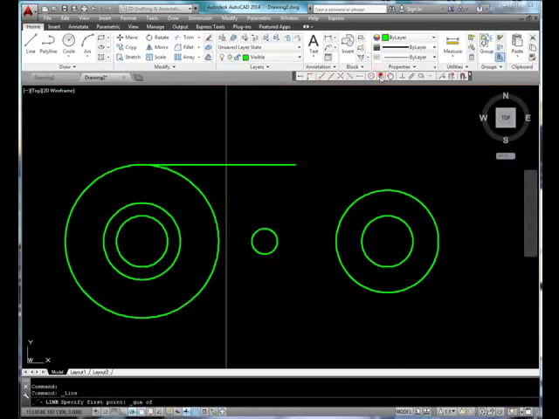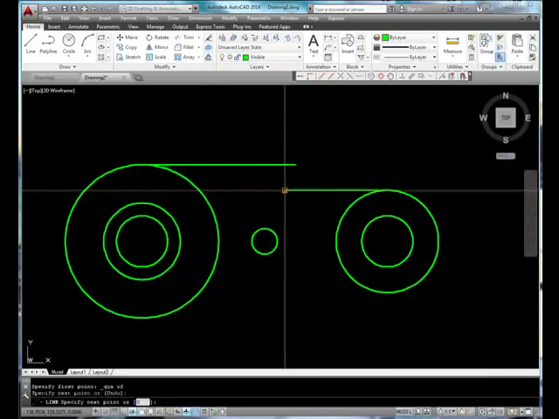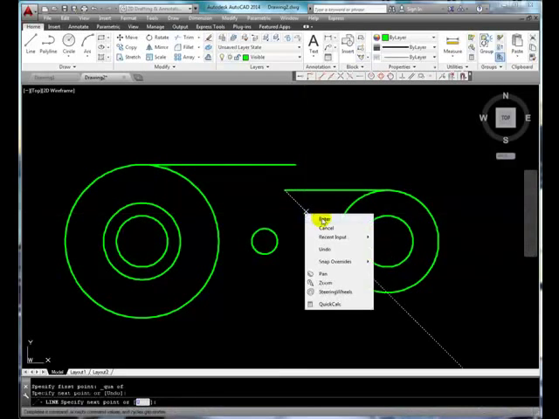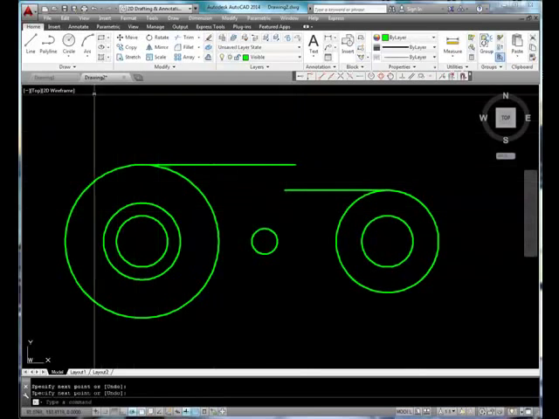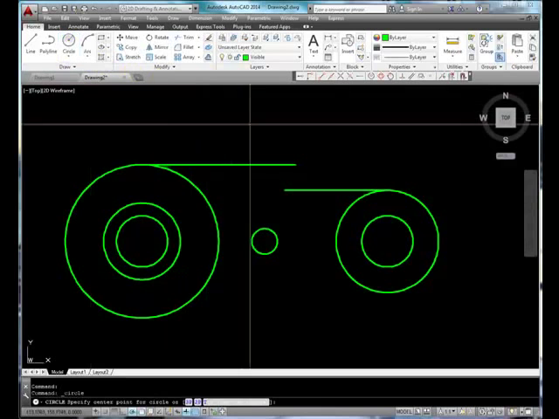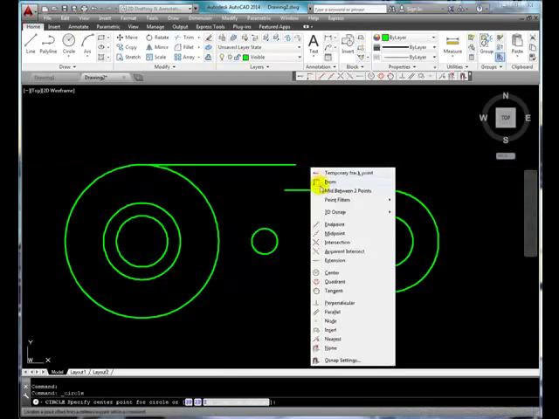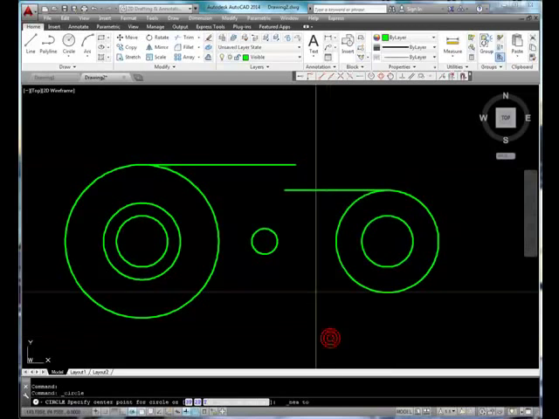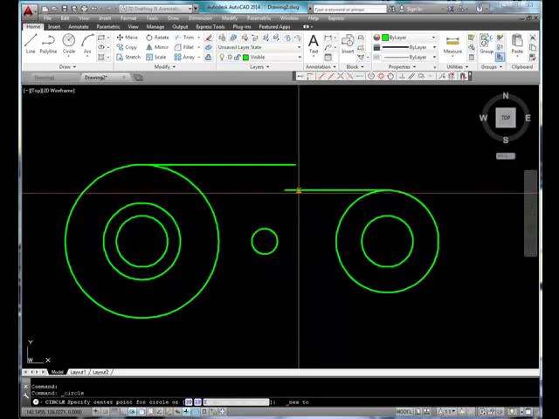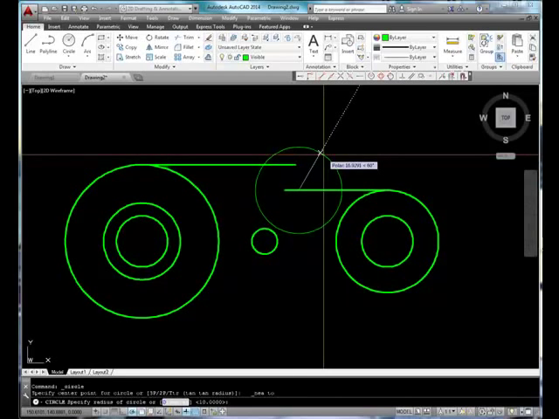Now I'm going to draw a straight line exactly from that 90-degree quadrant, and we'll just give it some arbitrary length. Now I could draw a circle by center and radius, in which case I might want to snap to the nearest point on this line, but this option probably isn't the best. So let's cancel this